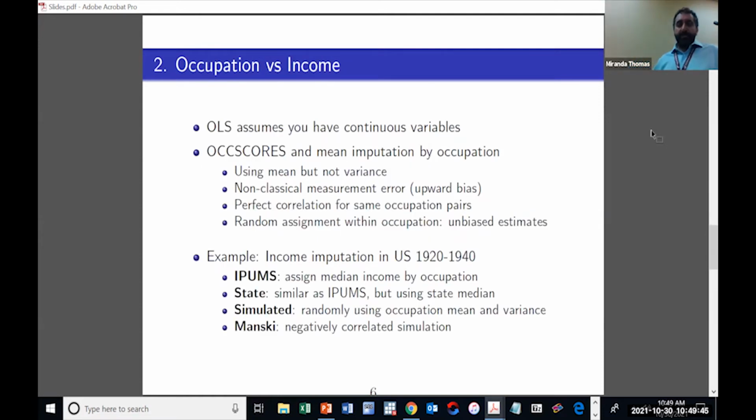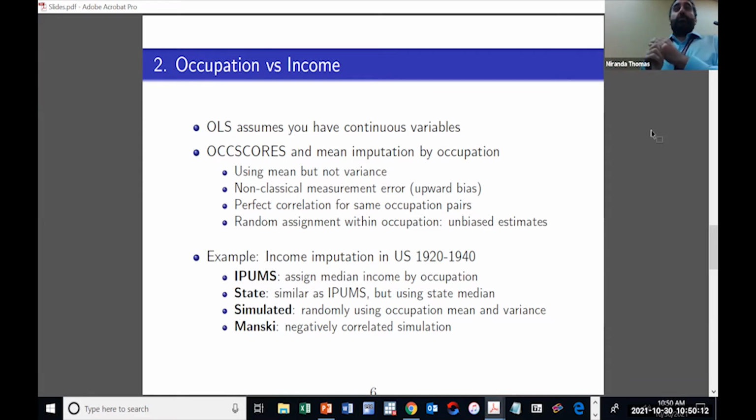Okay. Now, this is not so much a comment or a critique of their paper, but of the state of the question, and also what most people do in these situations. So maybe I'm abusing my position here as discussant just to talk about this a little bit more. So when you use occupational score, as I said, you're imposing the average or the median of that occupation from some other data set onto everybody in the same occupation.